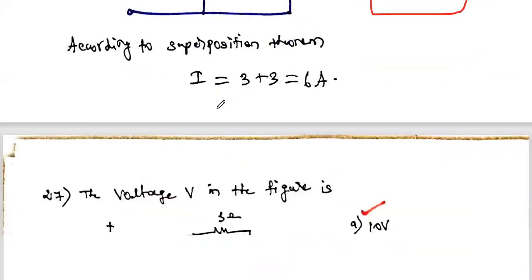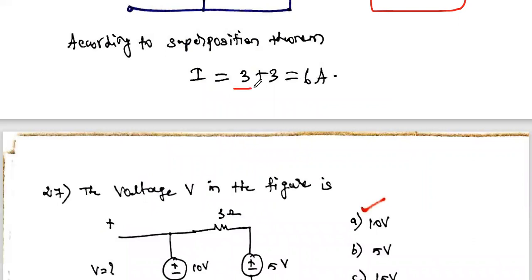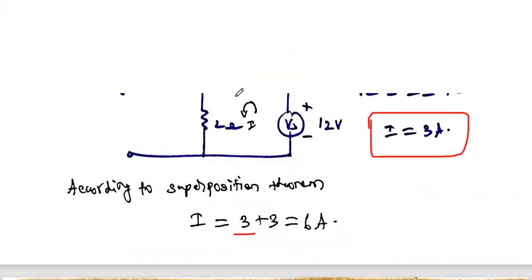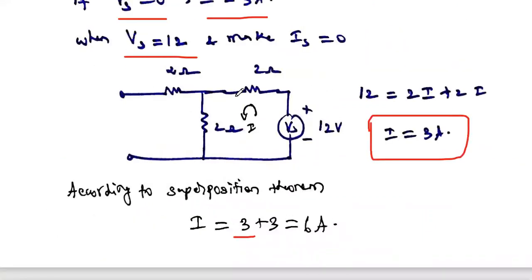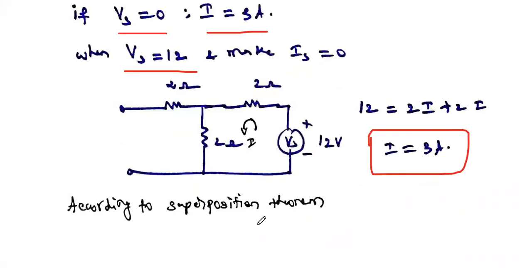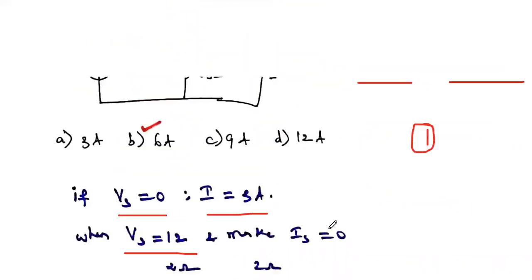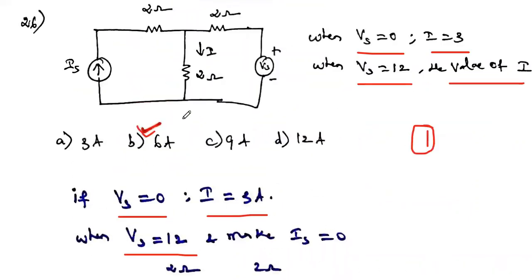So that I is nothing but the addition of the current flowing through that 2 ohm resistor whenever Is is equal to 0, plus the current flowing through this 2 ohm resistor whenever Vs is equal to 12 volt. So the current is 3 plus 3, which is equal to 6 amps. So 6 amps is the correct answer. So this is the correct option. So if the data is given like this, we have to use the superposition principle